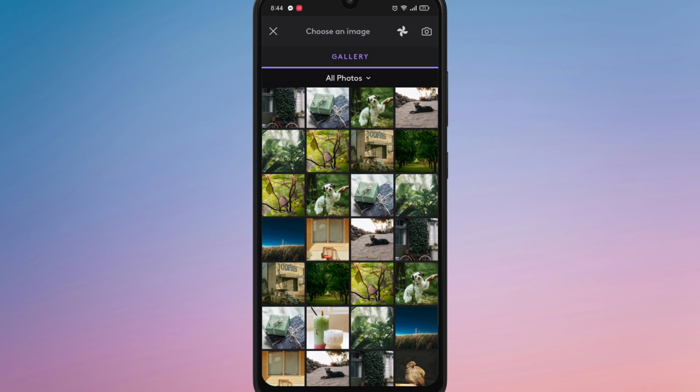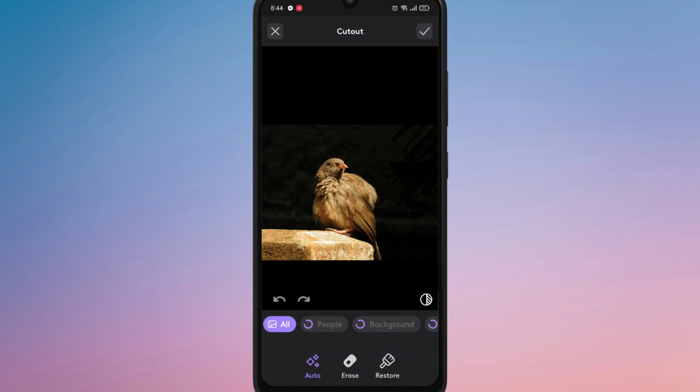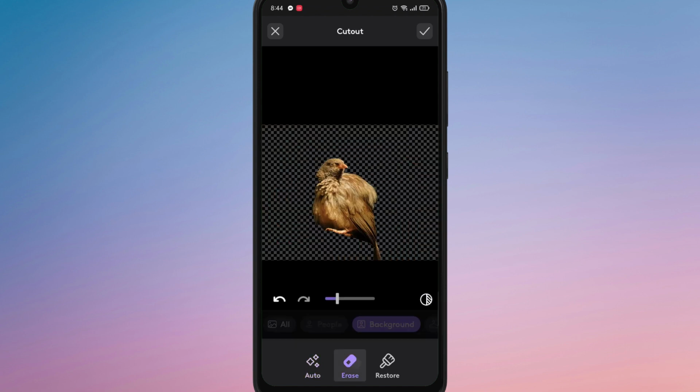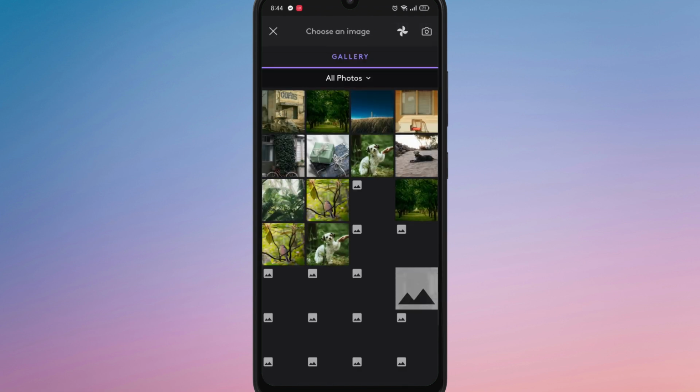Now, use the Cutout tool to remove backgrounds or isolate subjects. You can use the auto selector to quickly select people or background, or use the erase and restore tools for more precise selections. Once you have isolated a subject, tap on Add, then choose another image layer to combine with